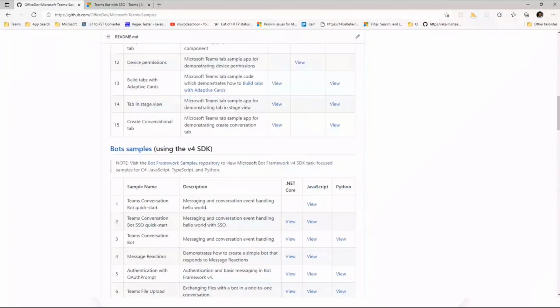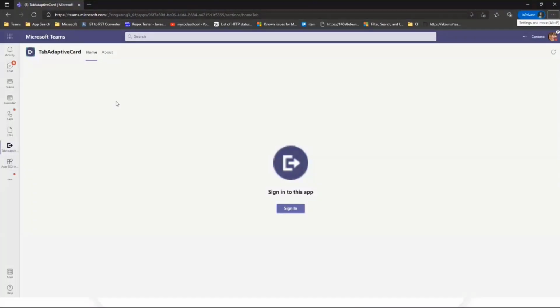We'll start with the first demo, and this is where we have adaptive card tab, wherein the request is actually sent to your bot, and then the bot sends back the adaptive card and renders it back in the UI. So first step, we're just putting a simple sign in, and note that these demos are all very simple. We just wanted to showcase the capability, how it works, and then you could build on top of that.